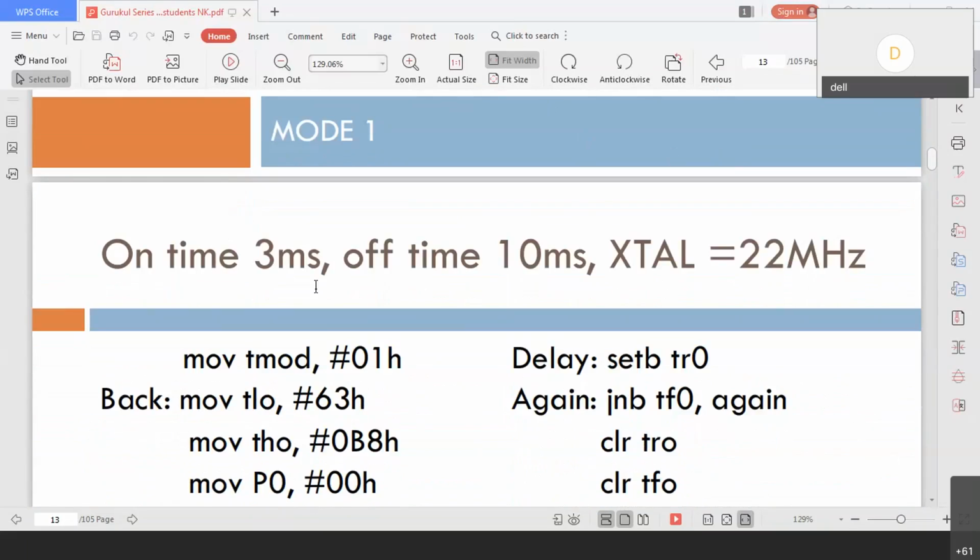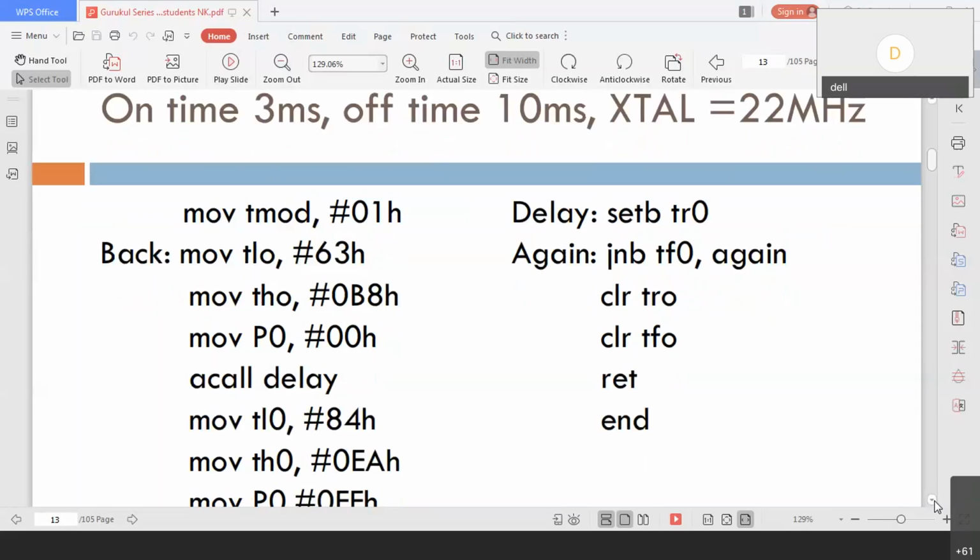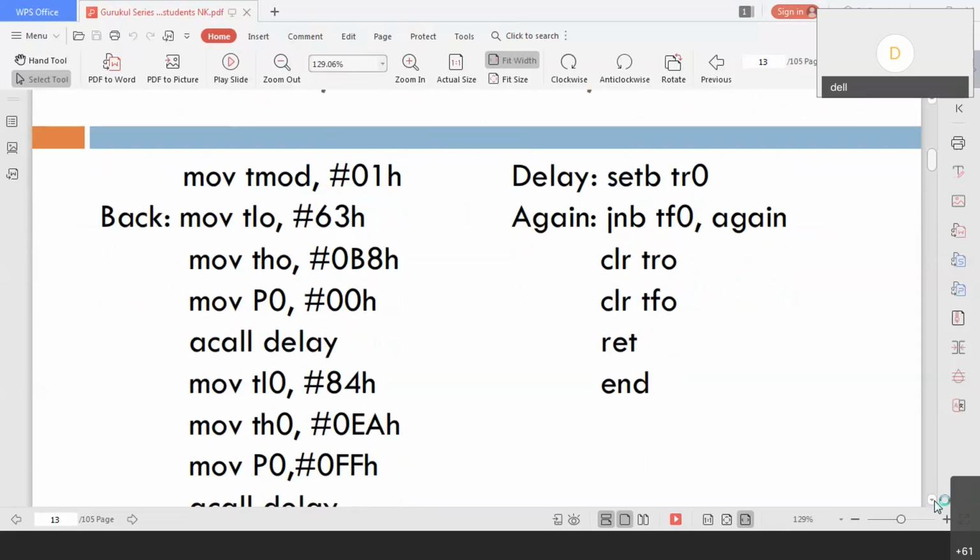The crystal frequency of 22 megahertz is taken as per the textbook. First is MOV TMOD equal to 01H, which is very simple: timer 0 mode 1 operation. Then TL0 and TH0 hold the initial value. Then MOV P0 equal to 00H. Then ACALL delay, so we are calling the delay subroutine.